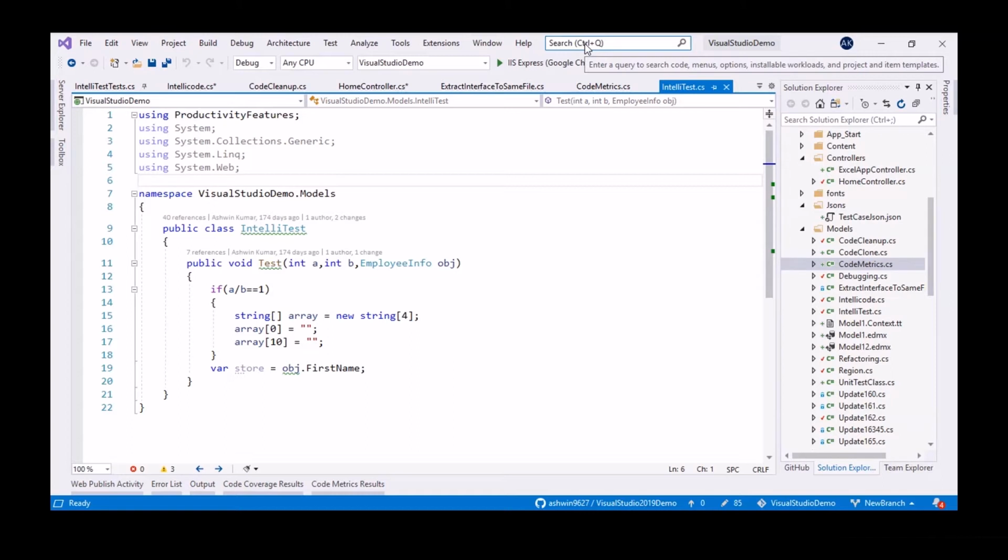And the other important and interesting new feature is Live Share. As you can find it, Live Share is a collaboration feature. In case you're a developer writing code and you get stuck in the middle, you have an issue and you want your colleague's help to solve it, right?